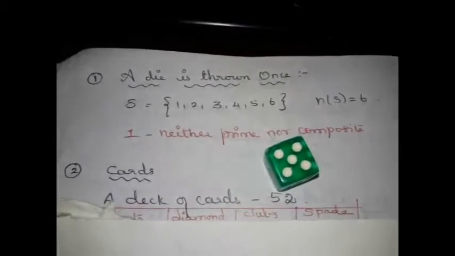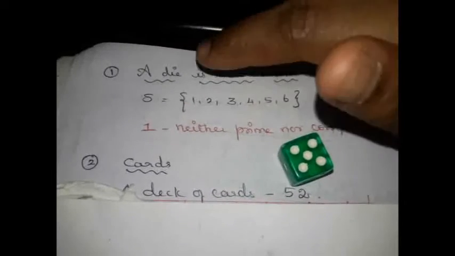And what are all the things you should know about this? One is neither prime nor composite. So when the question is asked like what is the probability of getting a prime number, you should not include 1. These are all the major mistakes where people will commit. So 1 is neither prime nor composite. Keep it in your mind. You should not include number 1 in the list of prime numbers. Otherwise remaining things hope you know.